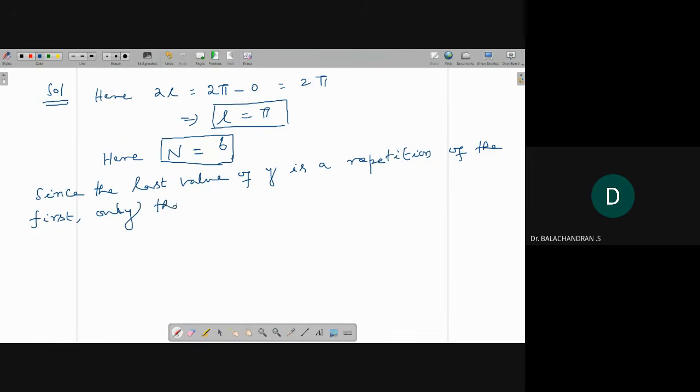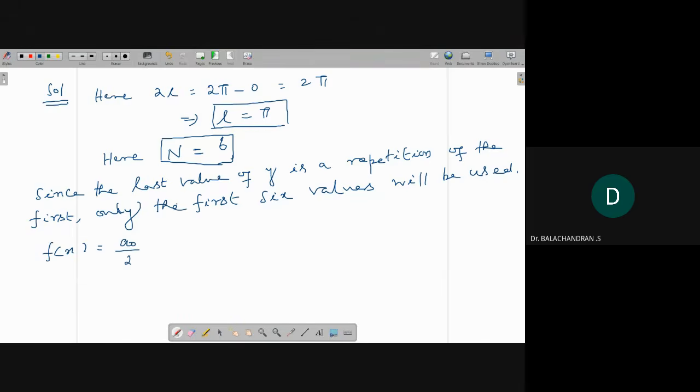Only the first 6 values will be used. Okay. So then it is better to write here n equal to 6. Okay, already I write n equal to 6 here. So now f of x is equal to